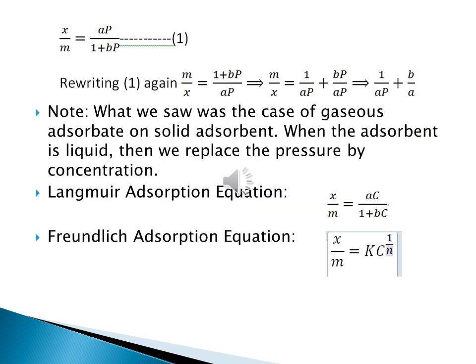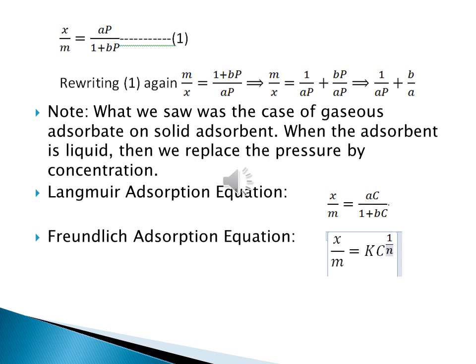Now what do we have in this slide? I have written the first equation again for your reference, so that again you can rewrite. How can you rewrite? x by m is there, just take the reciprocal without bringing any letter down like we did in the previous slide. In the previous one we brought down the P, isn't it? So now without taking the P down, you put m by x and just take the reciprocal. When you take the reciprocal and then divide each term by AP on the right hand side, this is what you get. You should know that these are different forms in which the first equation can be written.